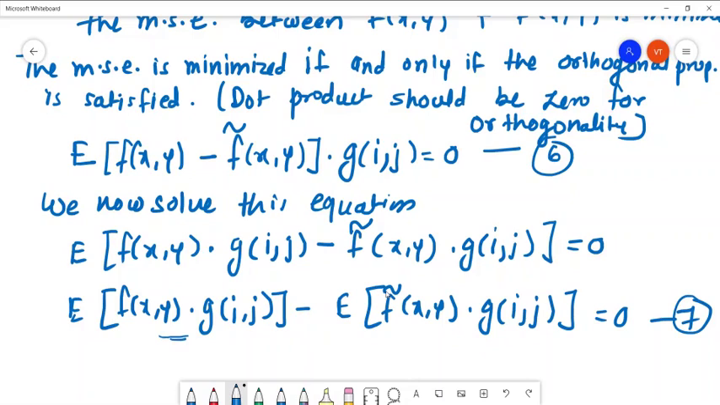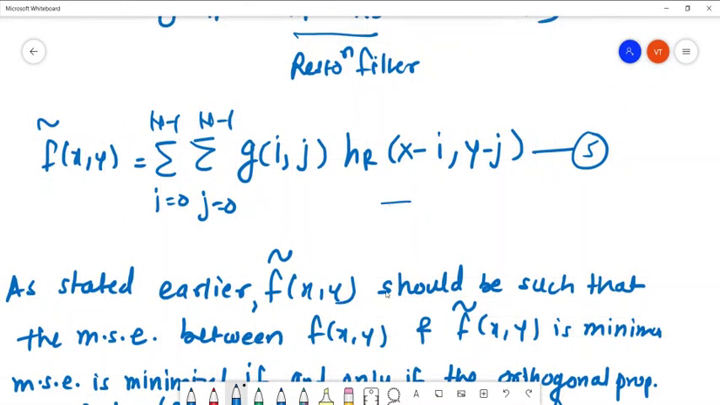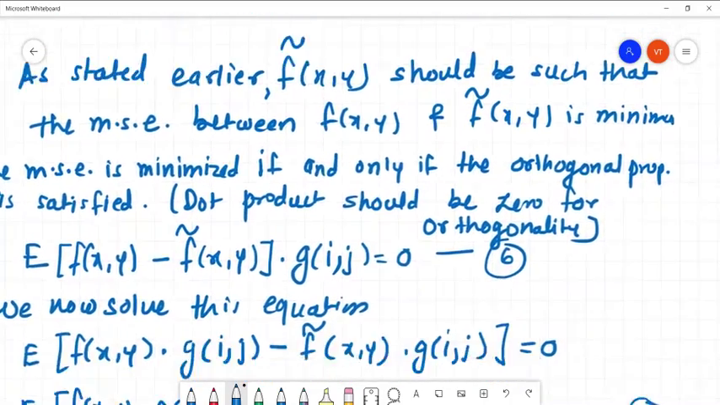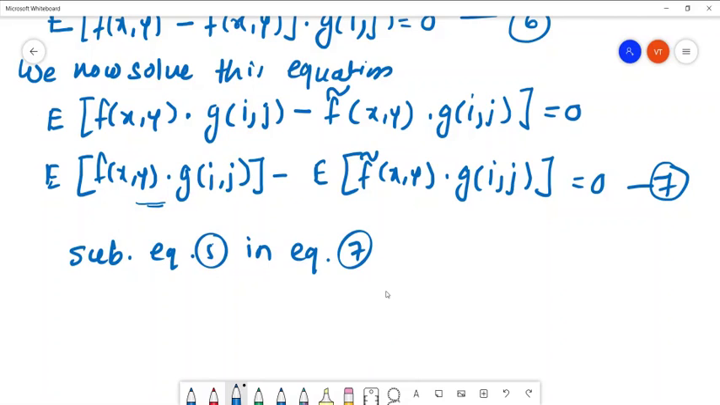So now what we have to do? We have already mentioned what f tilde is. We will get f tilde from equation number 5, right? From here we will get f tilde, so that we have to substitute in equation number 7. Okay, so substitute equation 5 in equation 7. We will get